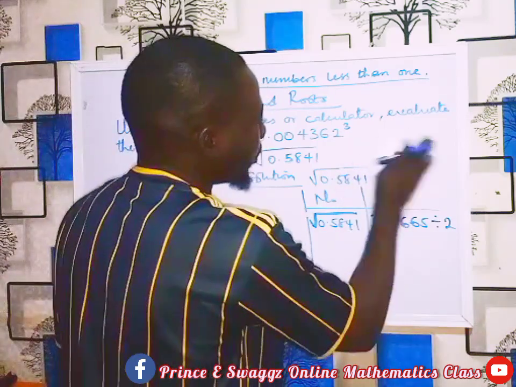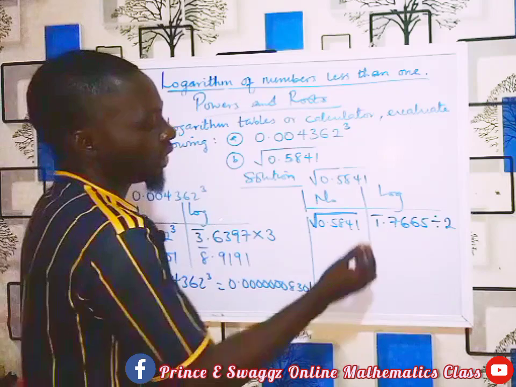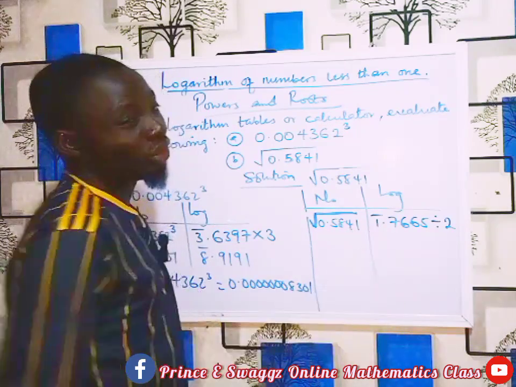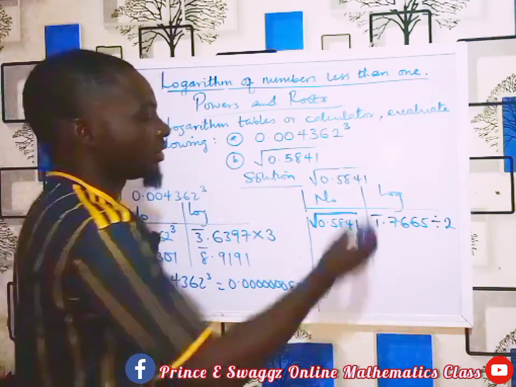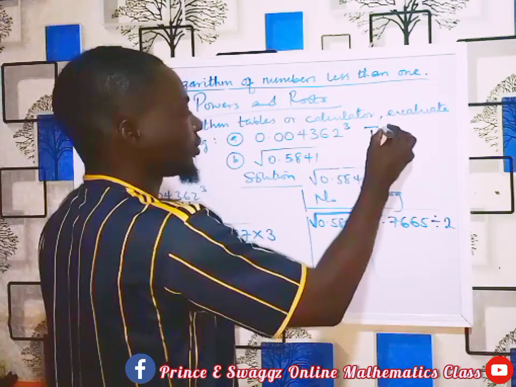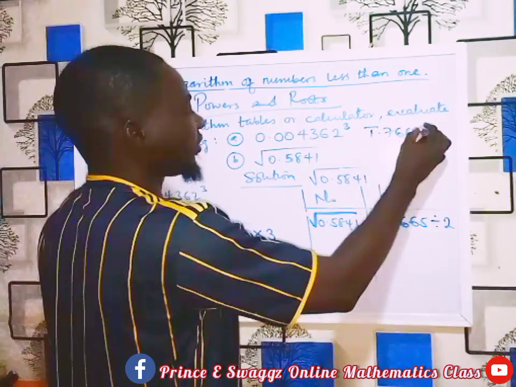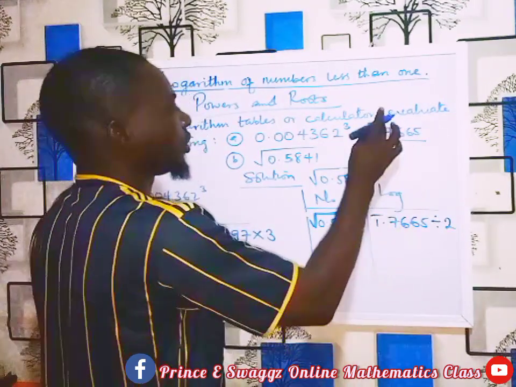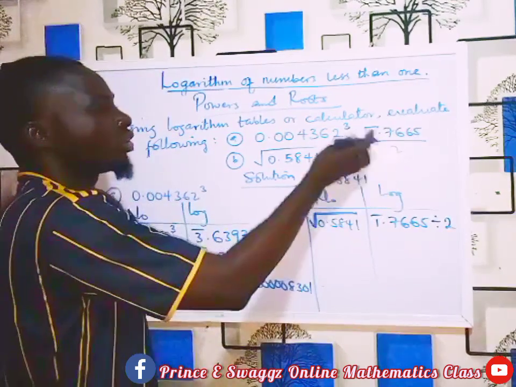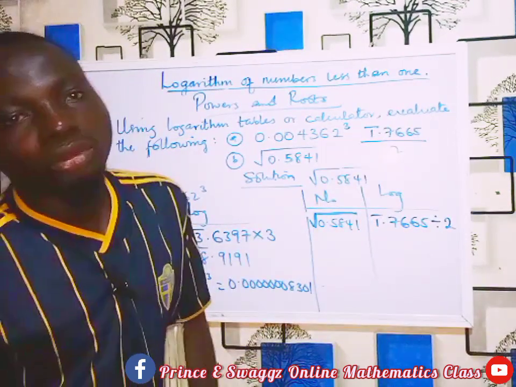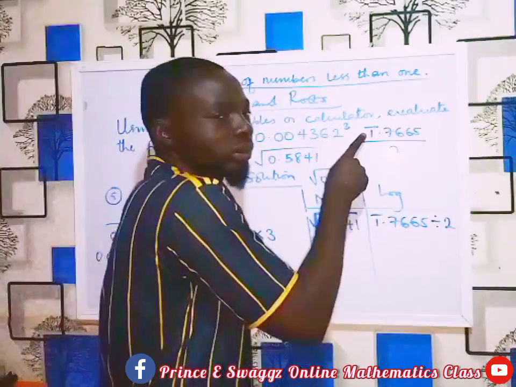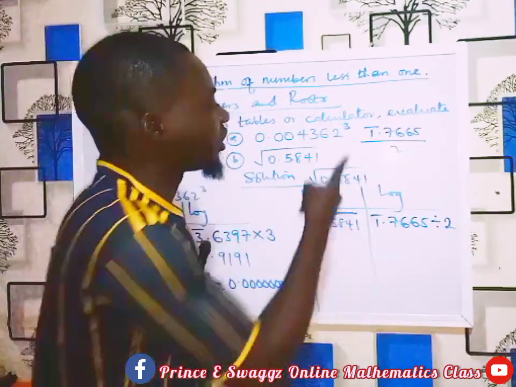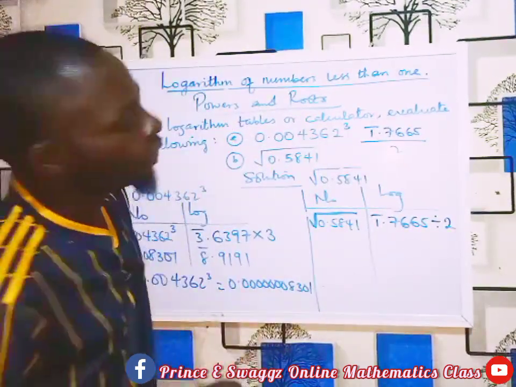Then you have to do it manually as well. Manually, how do you divide? If you use a calculator to divide this, you will not get the correct answer. So the best thing is this: it is about bar 1.7665 divided by 2. When you check this number, 2 cannot go into bar 1. But if it were positive 1, the 2 could go. So this is minus. What are you now going to do? You have to